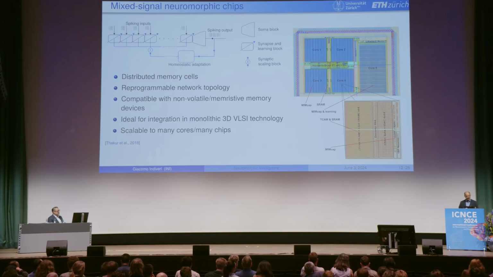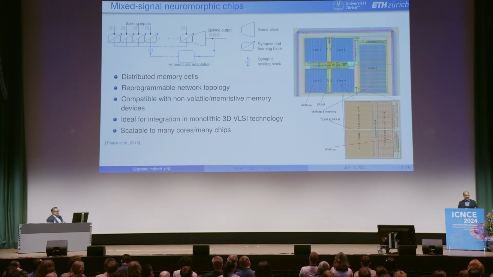And of course, we will also see colleagues who have been working on hierarchical routers. We will see how it's possible to create routers that implement small world network connectivity. So whether you have multiple cores on a single chip or multiple chips on a single board, it's going to be easy to tile all of these elements together and create complex systems by scaling them up, either on a single chip or multiple chips on a printed circuit board. So we know how to do these things. Our colleagues have been doing this, ourselves included, for many years.